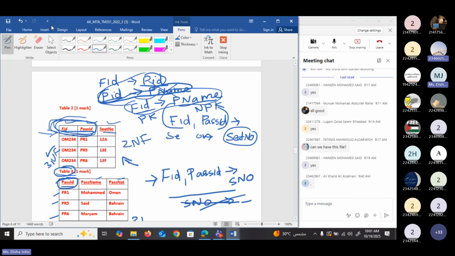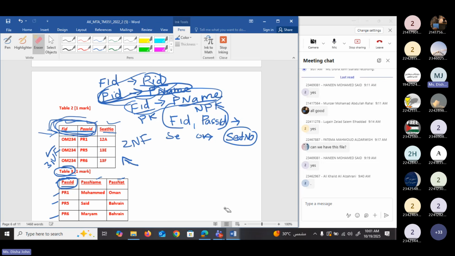The passenger ID and passenger name, and the passenger name could determine the passenger nationality. Okay, let's check. Okay, here I can write passenger ID determines passenger name. And as you said, can I make a dependency from passenger name to passenger nationality?